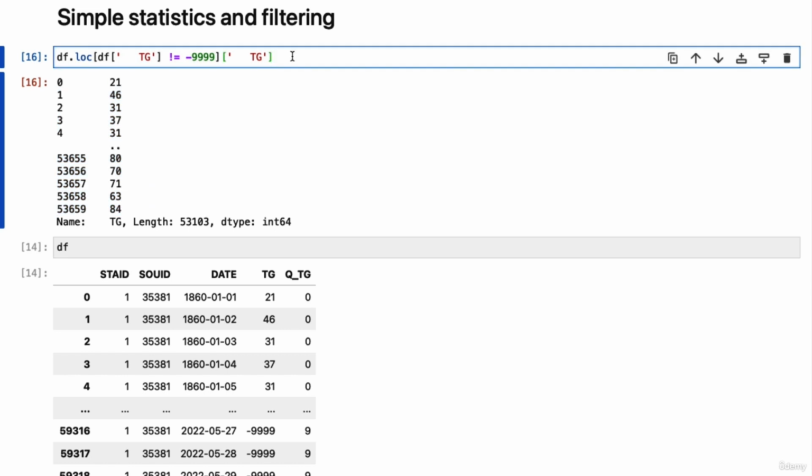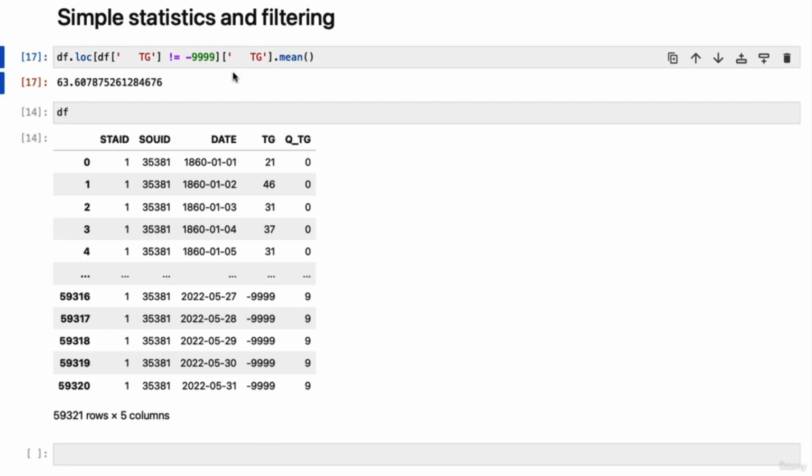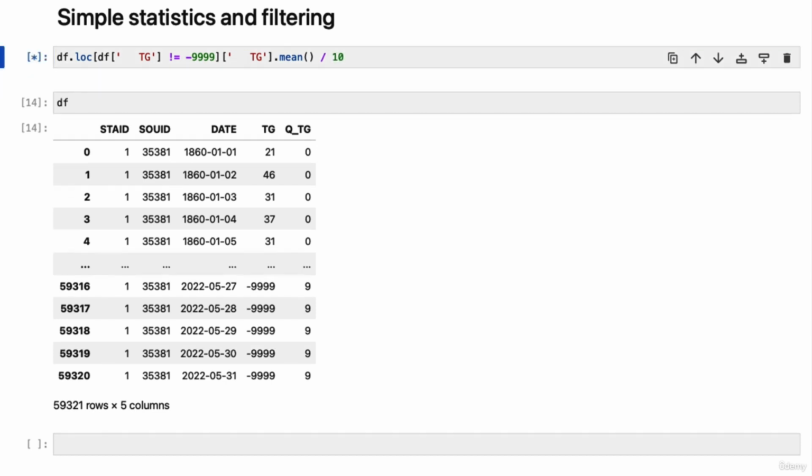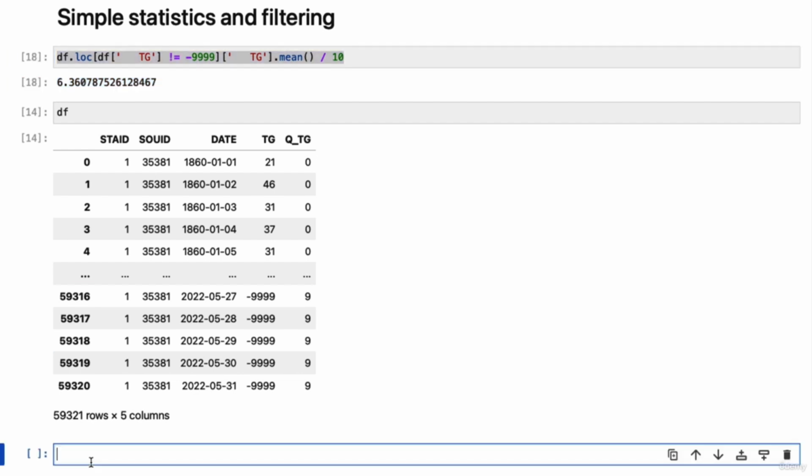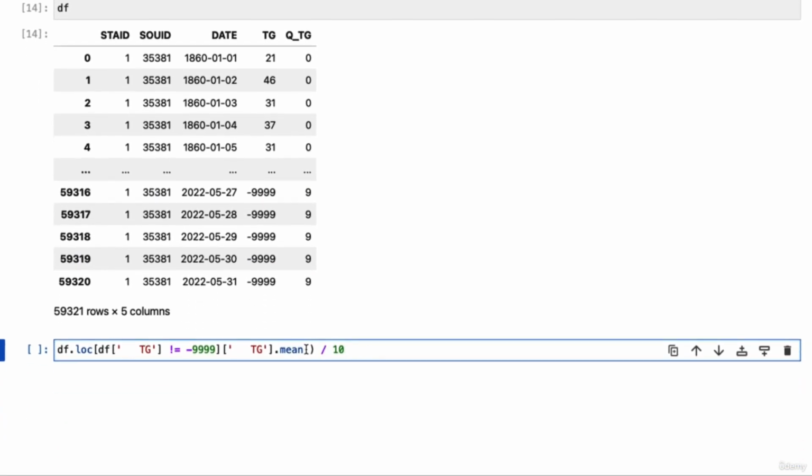And on top of this TG column, we can apply the mean, finally. So that's the mean. Of course, this has to be divided by 10, as I mentioned already, to get the actual average temperature for this station for all times, 6.36. Similarly, you could get the maximum and the minimum, so just copy that code, place it here, and instead of the mean,